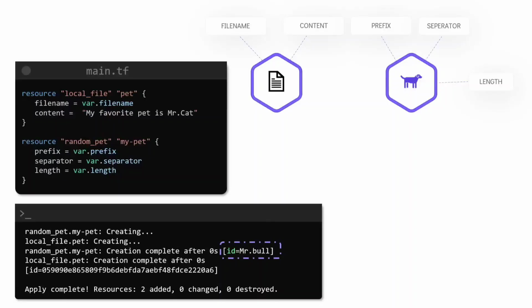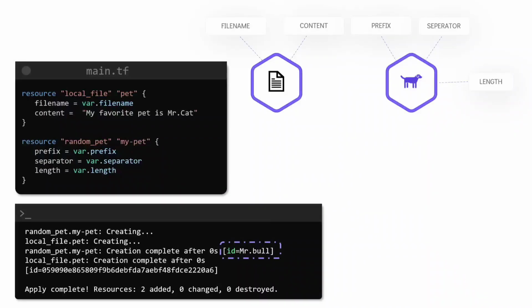As it stands, there is no dependency between these two resources. But this rarely ever happens in a real-world infrastructure provisioning process. There are bound to be multiple resources that are dependent on each other. So, what if we want to make use of the output of one resource and use it as an input for another one? What if we want the content of the file to use the name generated by the random